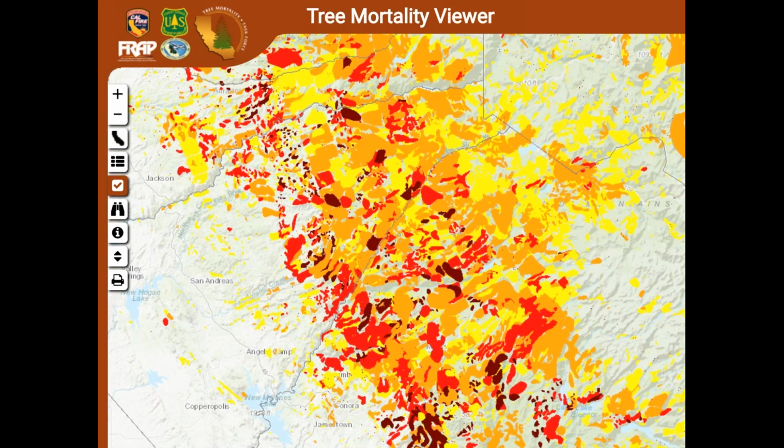Also, one thing I would note is that the mortality surveys are specifically designed to capture tree die-off, so pockets of dead trees, as opposed to background tree mortality rates, which can increase because of climate change, but aren't representative of the kind of episodic mortality events like what we've been seeing lately.